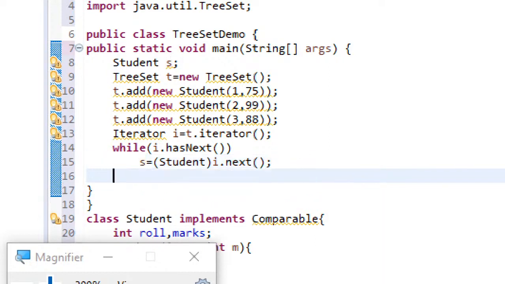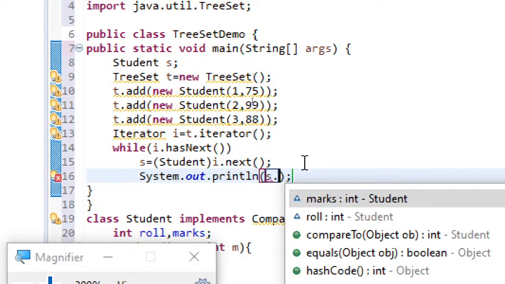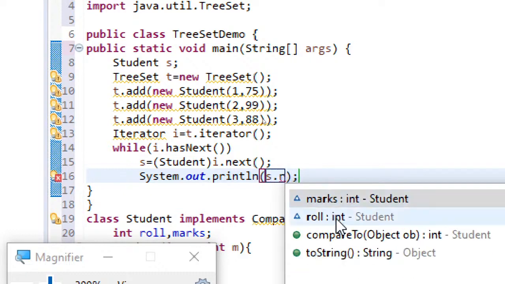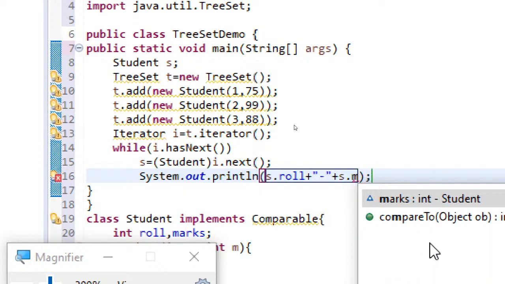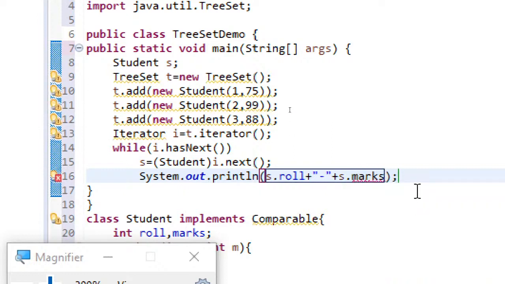And let's print this record. And here what are we supposed to print? Roll number. So you automatically get to see that, plus, and then some separator for the roll number and marks, and then so let's see how it will work.